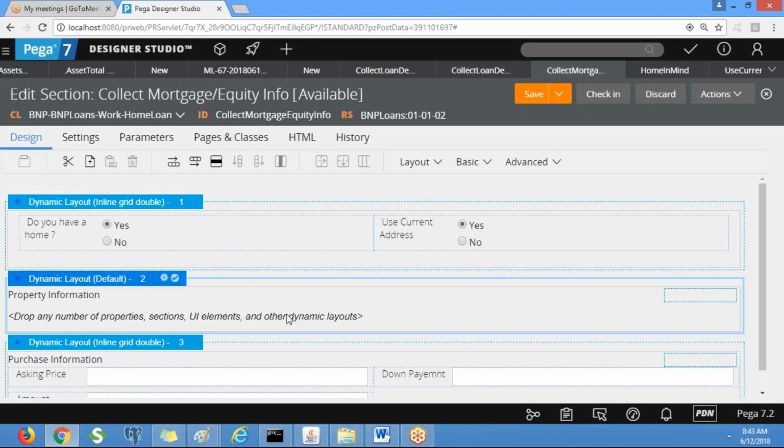And while creating that page, you refer to the data class. So we have an address details data class, right? So that you can give as a page definition. Okay. And by using the data transform, you can copy from borrower details to these properties when the user selects use current address as yes.